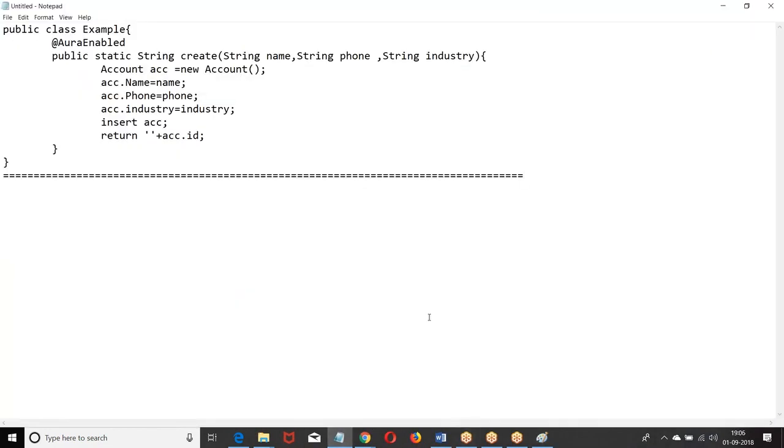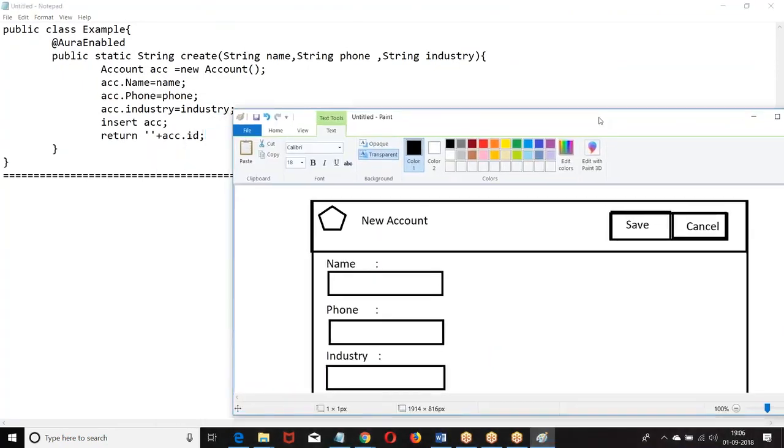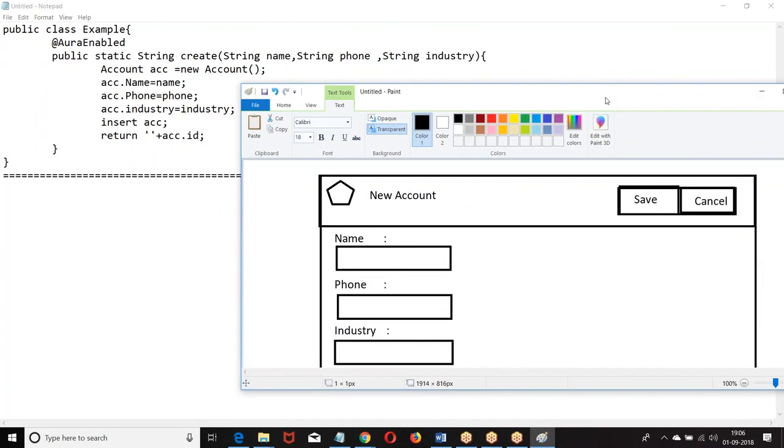This class is okay, right? Everybody is good with this class. Then create the lightning component. This lightning component is used for overriding the new button. Whatever new button we have, that new button should be overridden. What is the interface we have to implement? If you want to override the standard buttons, what is the interface we have to use? Lightning action override. Start creating the component. If you want any component to override the standard functionality, then lightning